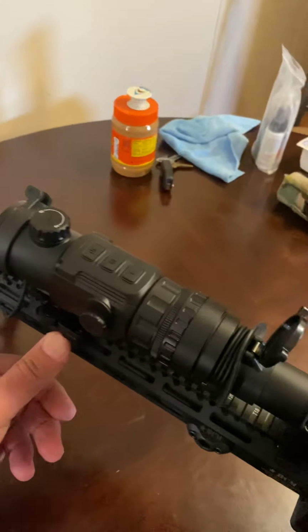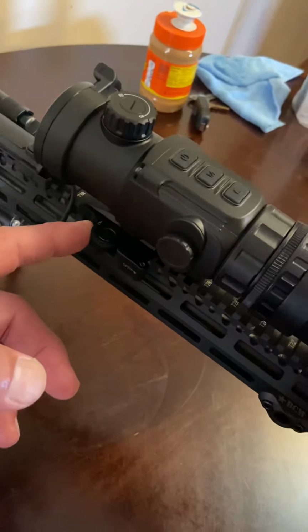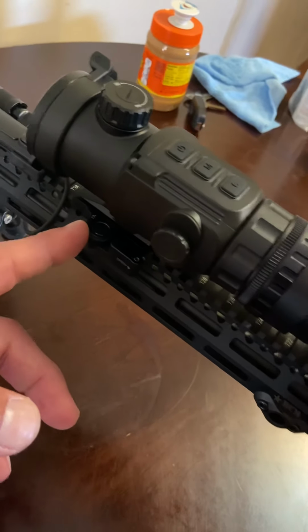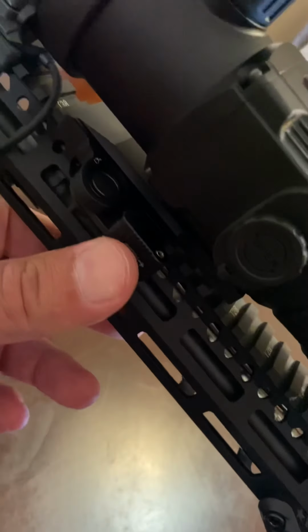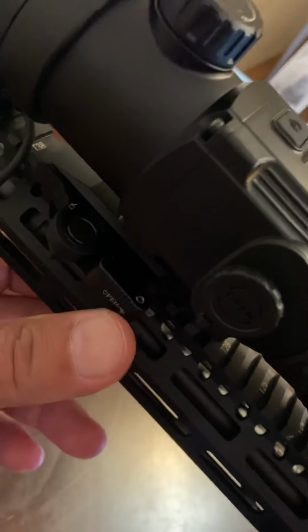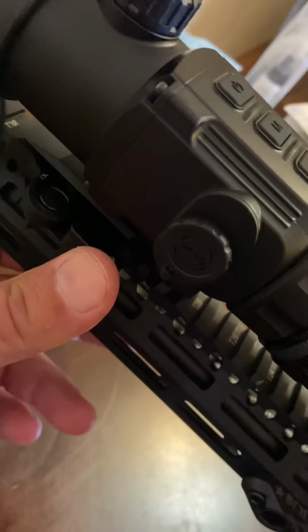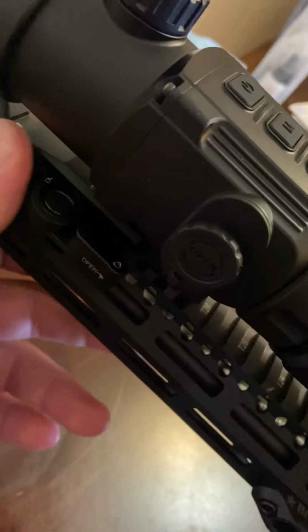The other thing that I wanted to cover that's new, a lot of people complained about Bering's mounting system. They have went to a LaRue mount. This is new. I bought this for a customer, and I'm actually trying it to make sure that it holds true before I give it to him,